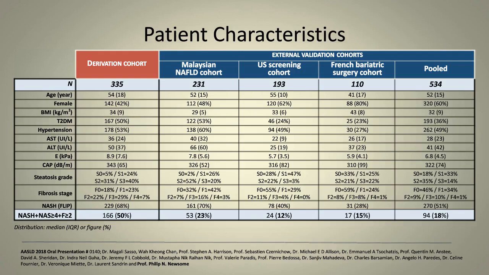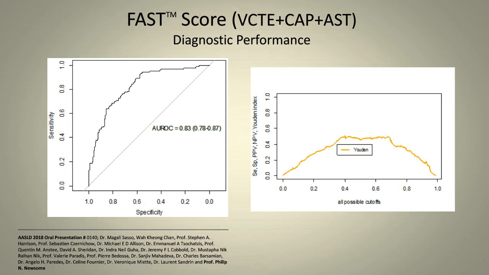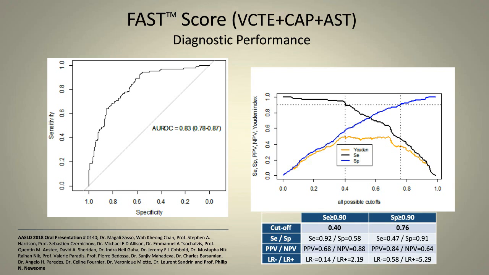So ultimately, this is a standard ROC curve, which shows 0.83, which is a very good test from a diagnostic performance perspective. When we look at different ways of analyzing the data, just like what was done with NAFLD fibrosis score and FIB4, it turns out that if you use 2 different cutoffs, one to define the optimal sensitivity and one to define the optimal specificity, you can actually improve the positive and negative predictive value of this test. So this is what the graph on the right shows.